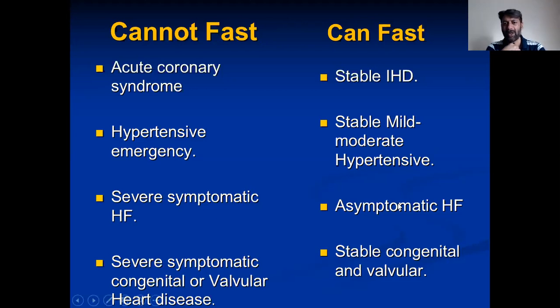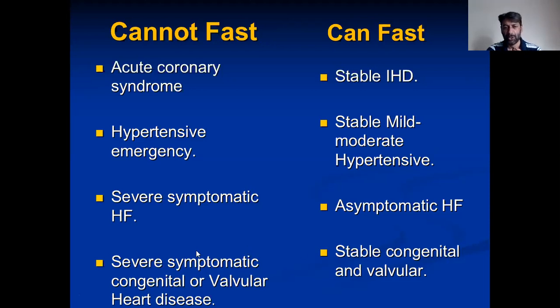But if with LV dysfunction the patient is doing well on drugs, is stable, his functional class is good, he is in NYHA 1 or 2, having minimal SOB, doing his routine activities, he can fast. Let's come to the fourth category, which is again very common: valvular and congenital heart diseases. In this category, you can have patients with severe symptomatic congenital or valvular heart disease. This is one side of the spectrum, and these patients can't fast. They are severely symptomatic, having SOB or maybe advised surgery by the surgeon,